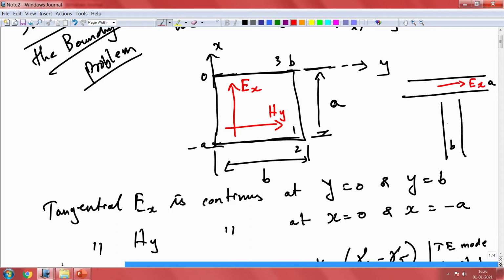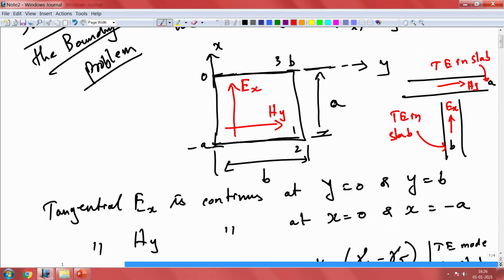and in this case, sorry, the other way around. So, this is Hy, and here it is Ex with a thickness of B. Okay. So, both are TE modes, TE in slab. So, here again TE in slab, the only thing is your thickness is B here, here the thickness is A. So, you just oriented it in these two ways. So, we do not have to really push too much here. So, we can still take this